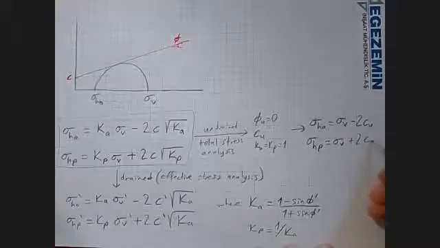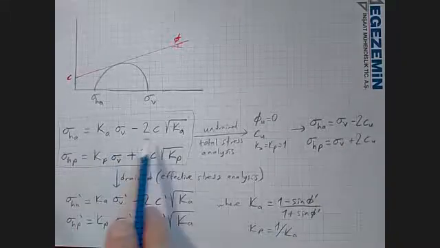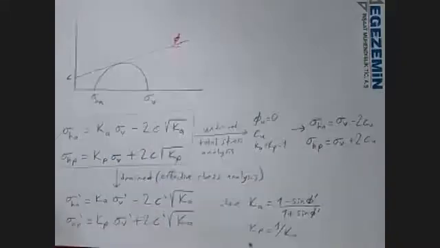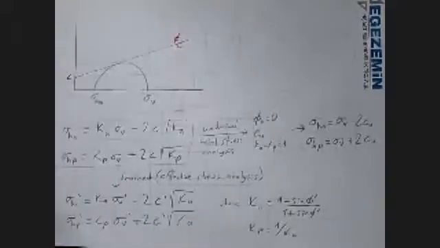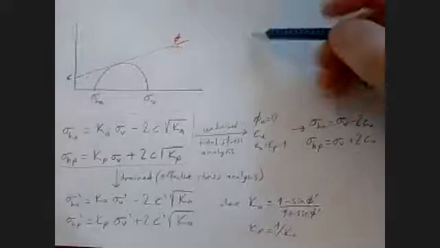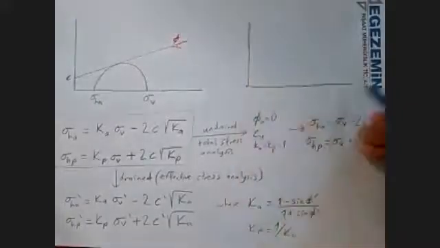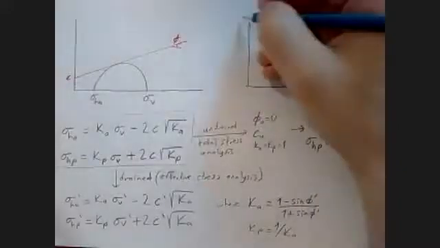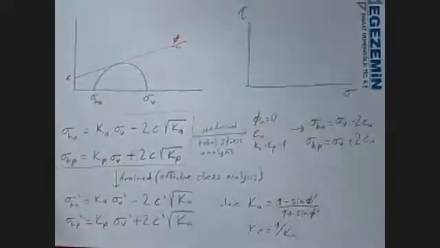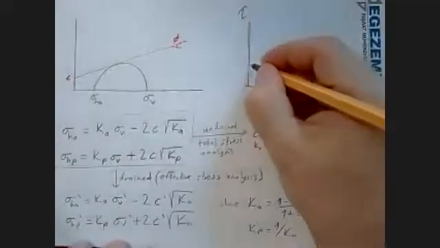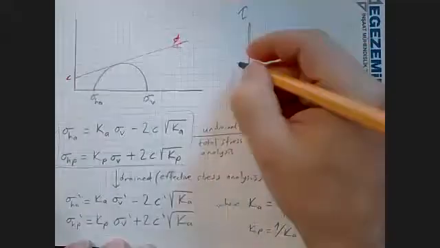I simply put 1 for all of the K values here and Cu for C. And actually that makes sense, because if you consider the total stress envelopes, and here is your Cu,